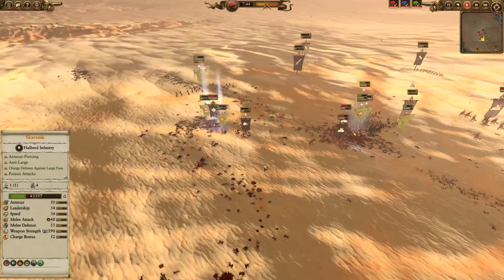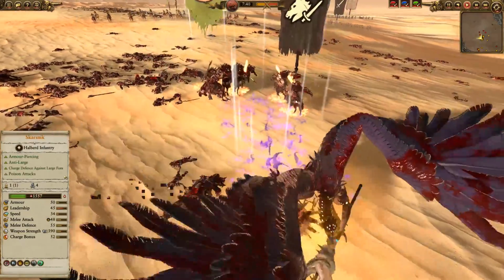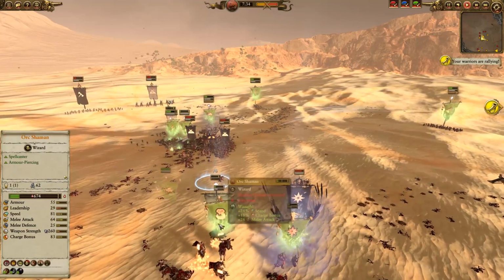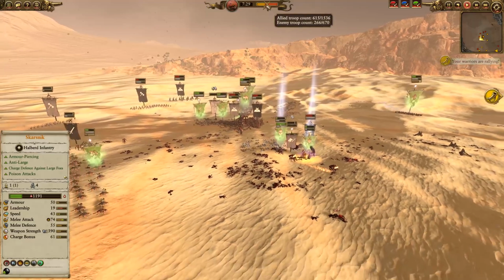You see a big old Brain Burster going off there right in the middle. We're just trying to do whatever damage we can at this point. You can see there's a couple of Swords of Chaos left. Oh man, Skarsnik is getting nailed, but at the same time, we're doing okay. We've got another wall off. We're going to go ahead. I think we break the Swords of Chaos here, and we are almost down, but we are going to keep